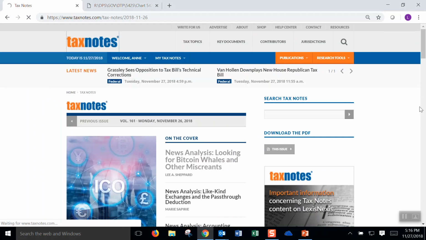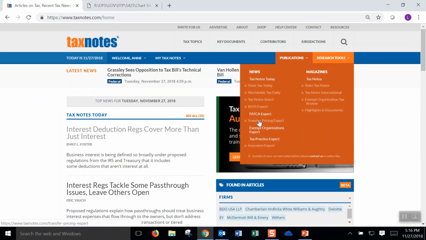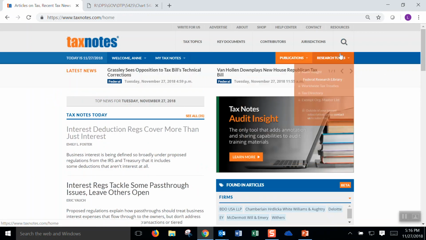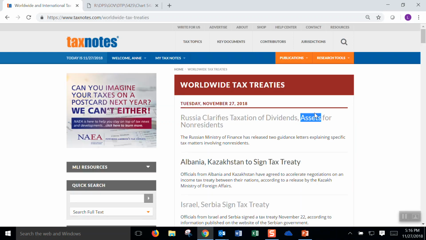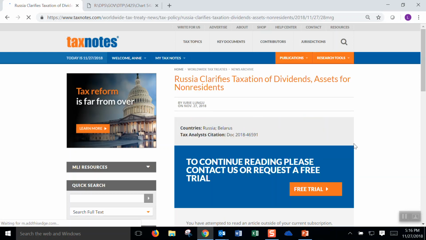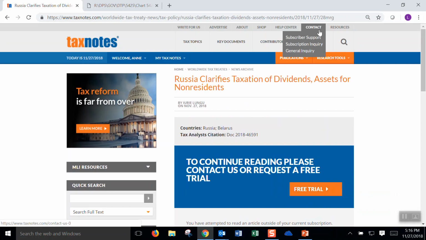The platform includes expert modules in BEPS, FATCA, and transfer pricing, and includes 5 research databases. If these aren't part of your subscription now, you'll see the lock icon. You can get temporary free access to any publications or databases by clicking through until you see the orange key that you can use to request a temporary free trial, or you can contact us through subscriber support.